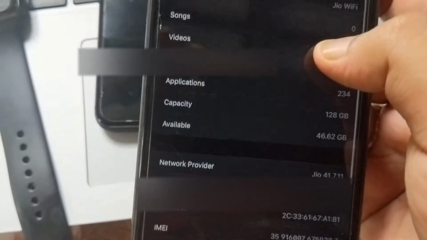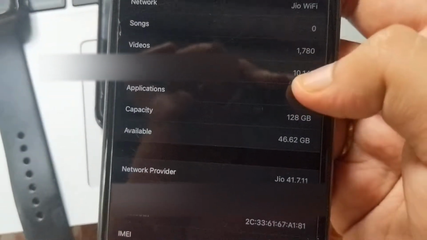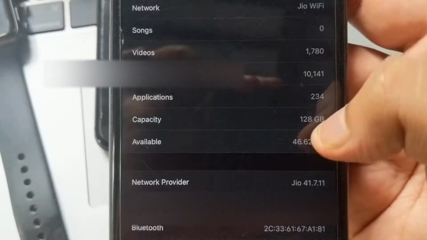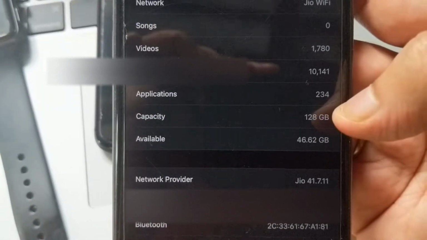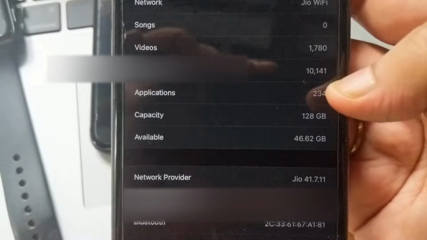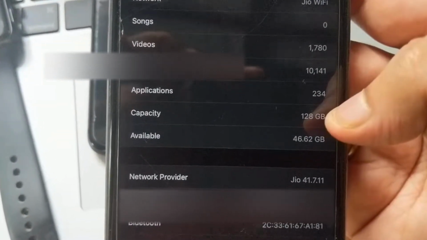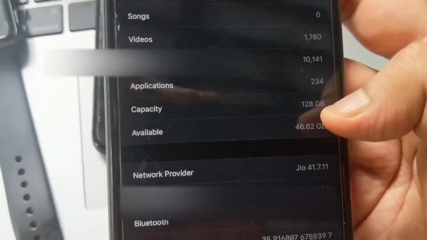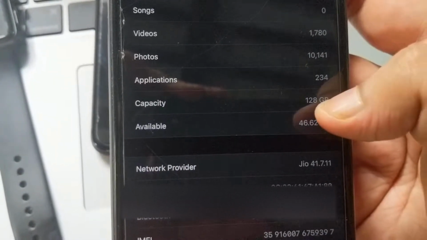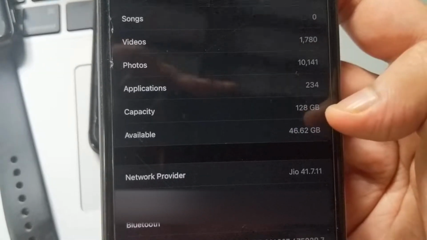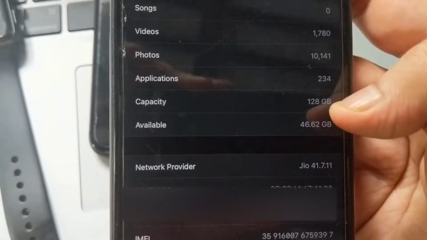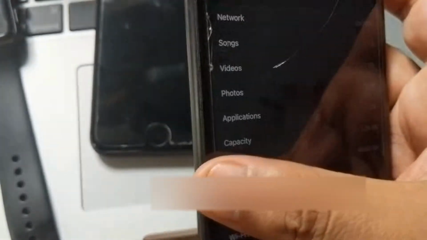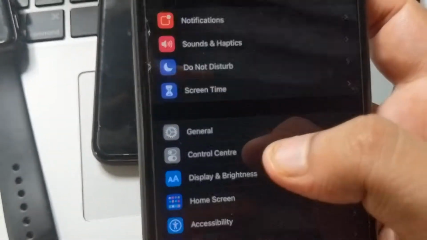One thing I wanted to show you guys is the space. In the first update, what was the issue with the space capacity? I was having almost 47 GB available before updating to iOS 14 beta 1, but once I updated it, it took a huge amount of storage inside this device. After that, only 3 or 4 GB was available. But after updating to this beta 3, I can see that the space has been freed again. Now we have almost 47 GB available, which was available before updating to iOS 14.